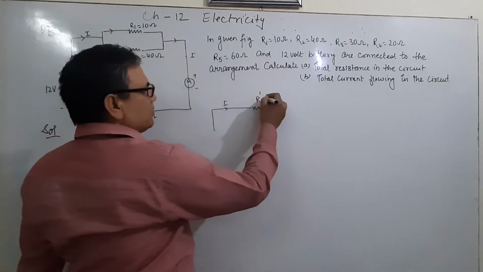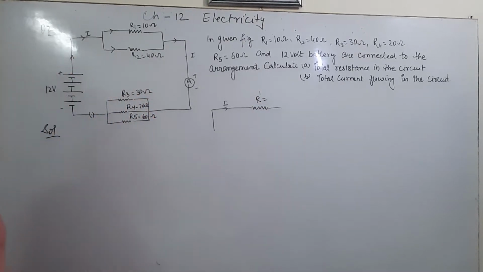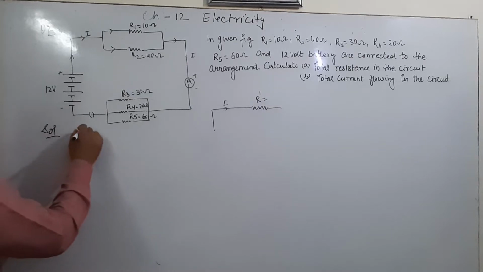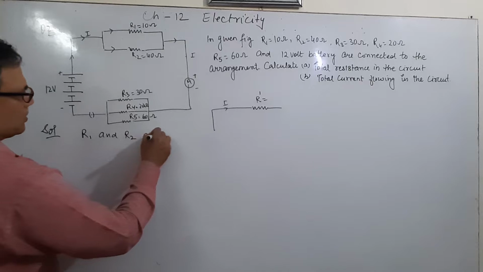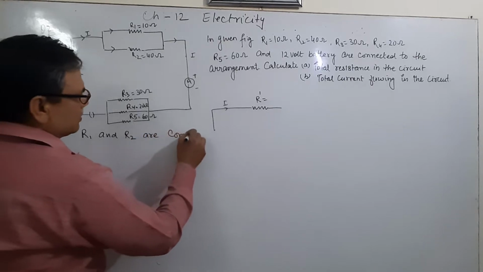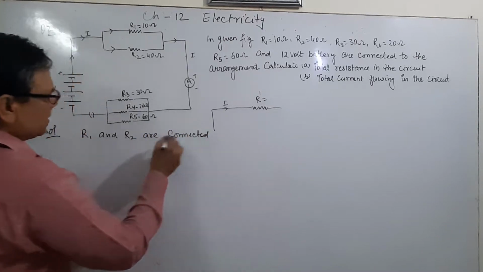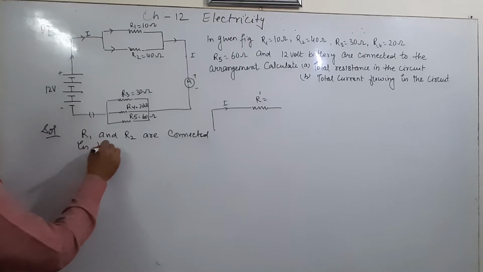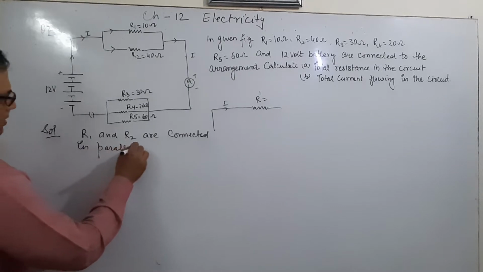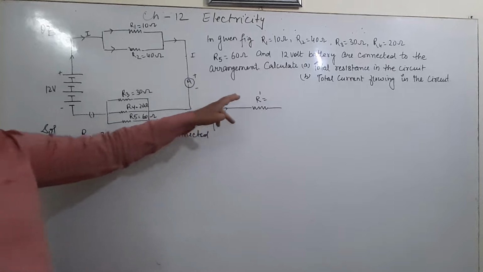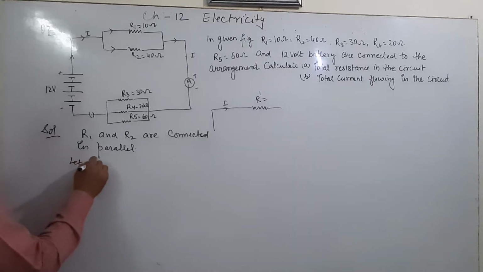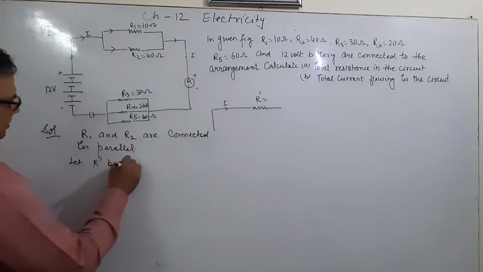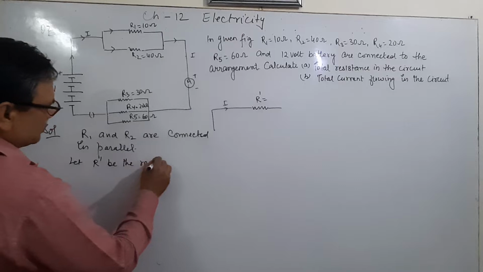And first we find out this R dash. So what we have to get? R1 and R2 are connected in parallel. Then we are assuming that R dash is the resultant. Let R dash be the resultant